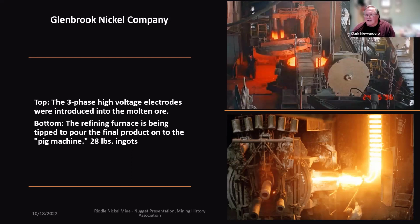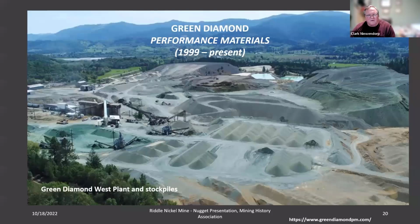Boy, they had a lot of this stuff, didn't they, Art? Slag was a storage issue, but